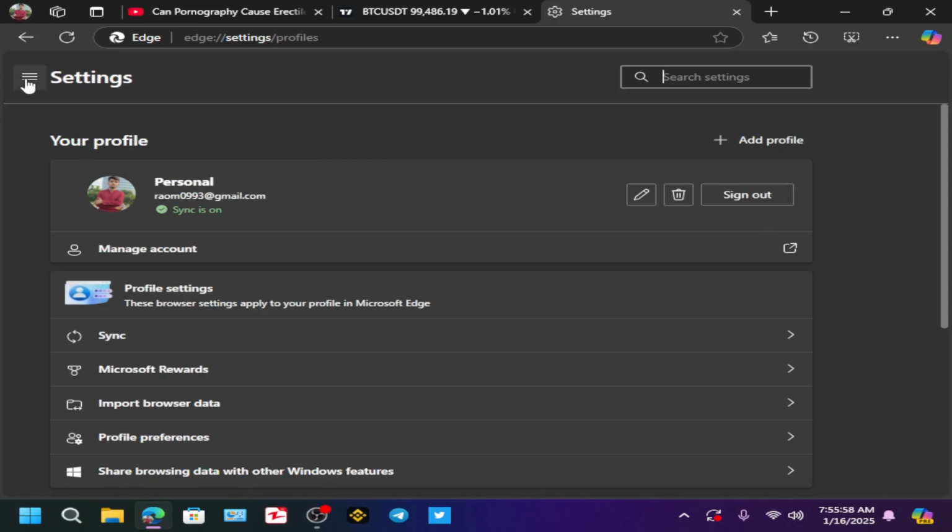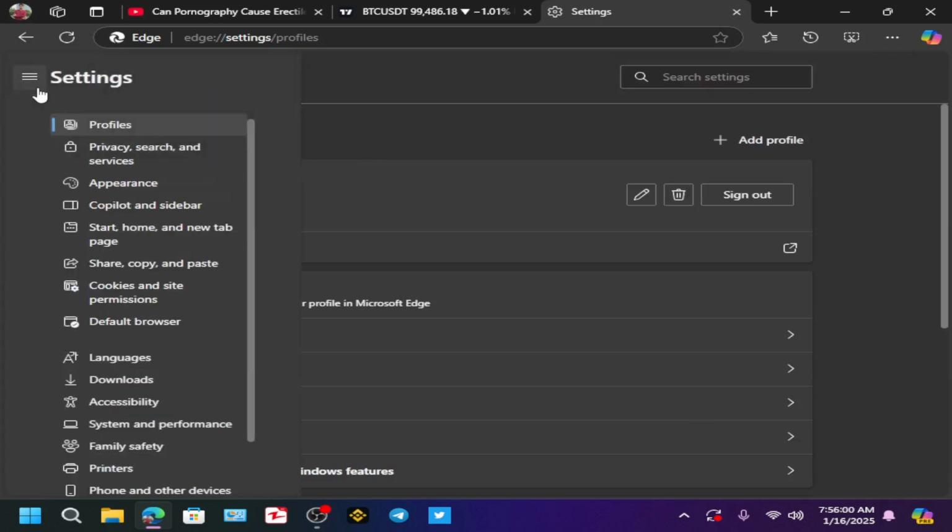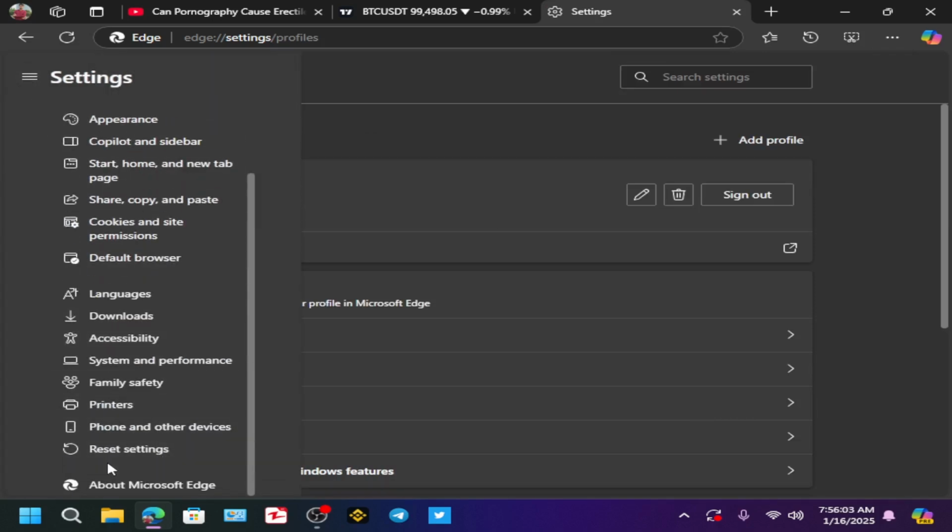Once you sign out, then on the left side click on these 3 lines, the settings menu, scroll down a little bit and here you can see this reset settings. This is your second step. Click on reset settings. Once you do this second step, now the third and last step is simply close this